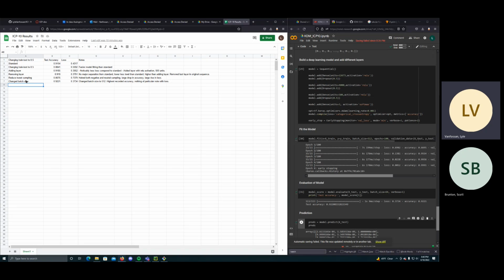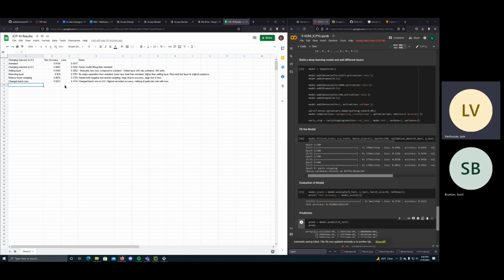The next thing was reducing the tweet sampling, and it was reducing neutral sampling and also negative sampling. I think we just dropped both of those, cut them in half, so it would have been 8,000 originally, and then we dropped them both to 4,000. Our test accuracy dropped significantly from standard, so it went from 91.5 to 85.75, and our loss increased dramatically as well to